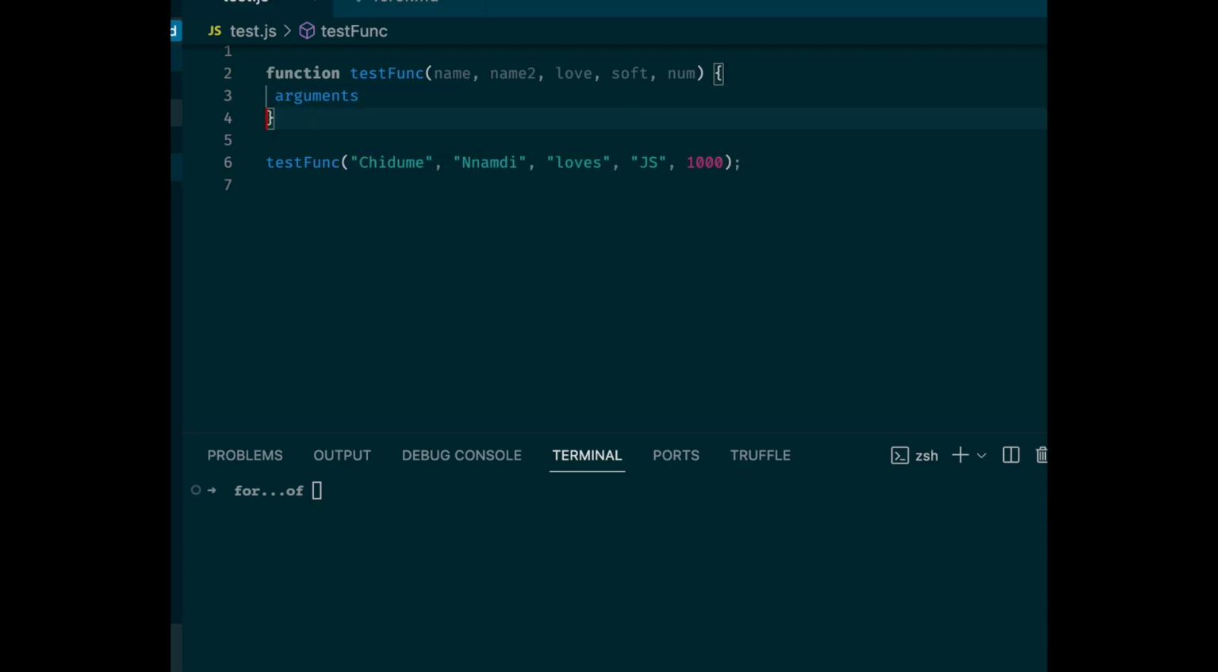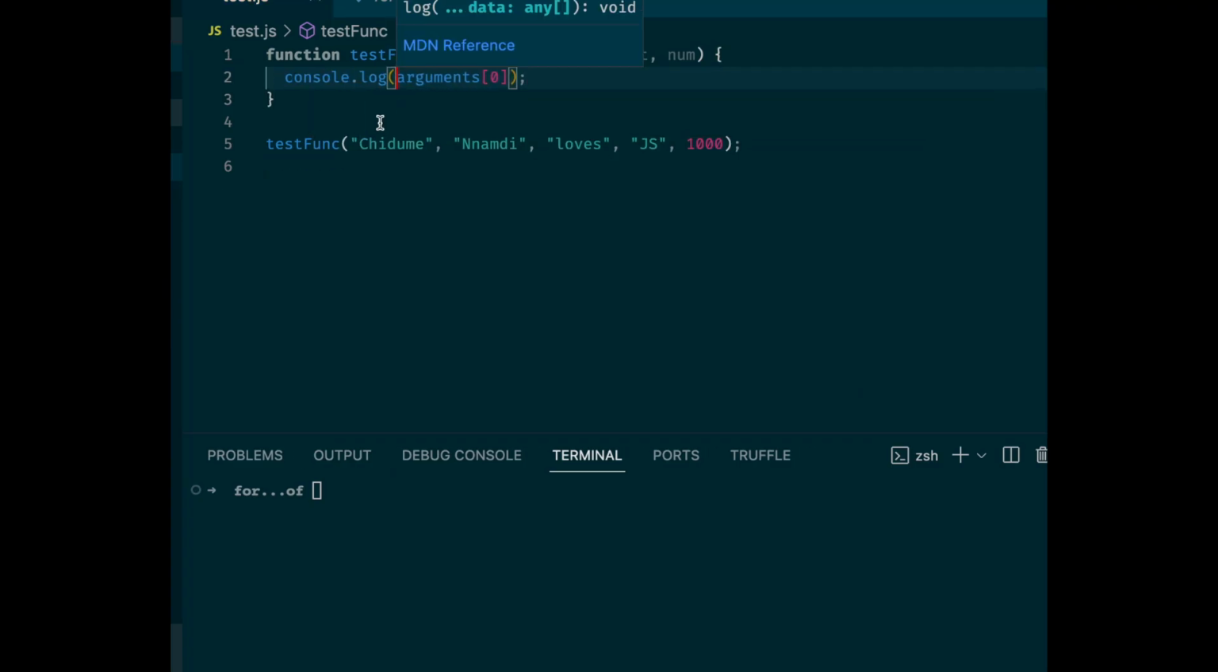We can reference it like how we do in an array. This is in the 0 index, this is in the 1 index, this in 2, 3, 4. So to reference the first argument, which is Chidome, we use the 0 index like this, and we'll get that argument. So let's log it, and here we call the function. Let's see